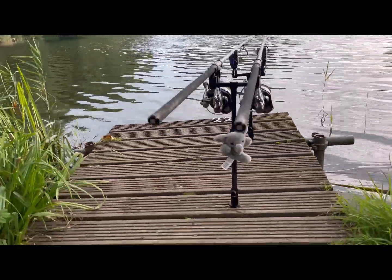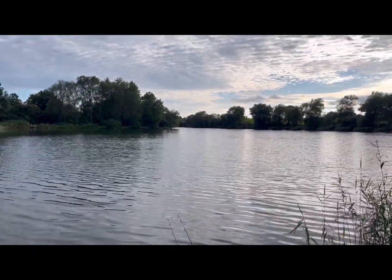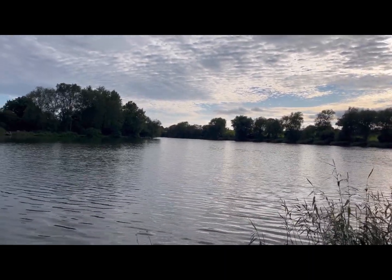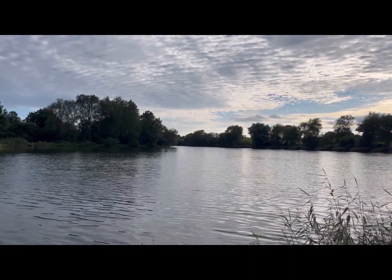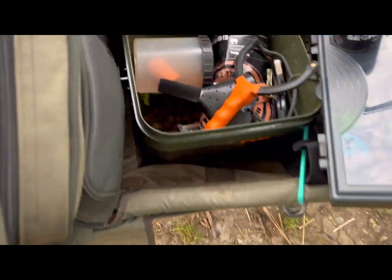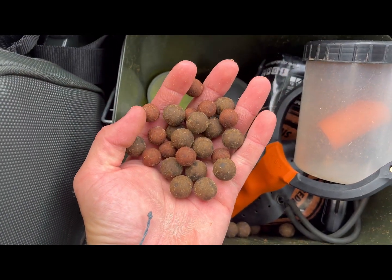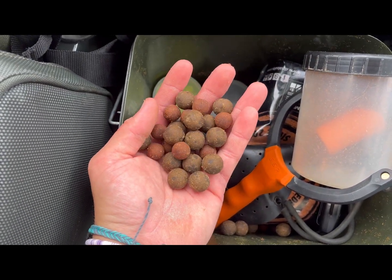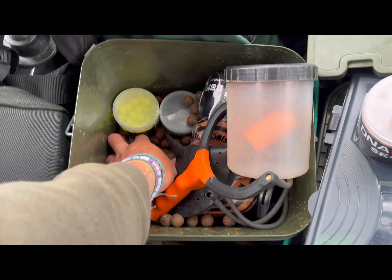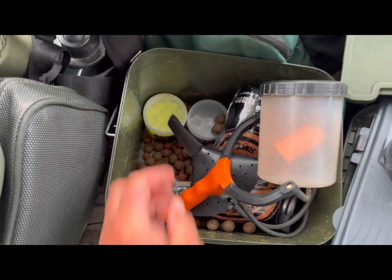Have a little mascot down there. But yeah, sit down, have some dinner, have a drink. I've also put probably anywhere between 30 and 40 baits scattered out all over them both. I've just got 18mm bug with 15mm a 7. So yeah, anywhere between 30 and 40 of them spread out